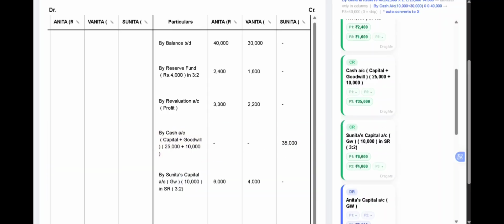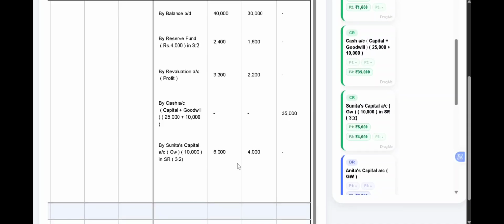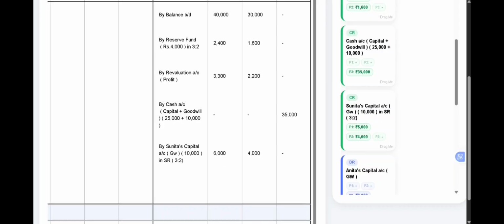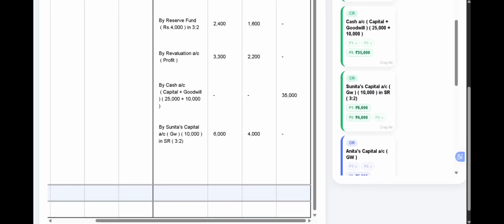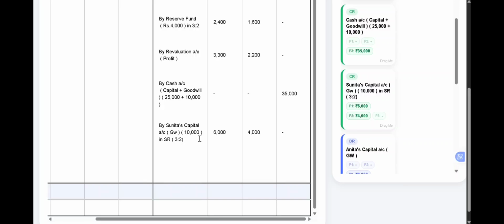It will be recorded on the credit side, by Sunita's capital account, that is the goodwill amount 10,000 should be distributed to the old partners in the ratio of 3 is to 2. So 10,000 into 3 by 5, 6,000 will be given to Anita, and 10,000 into 2 by 5, 4,000 will